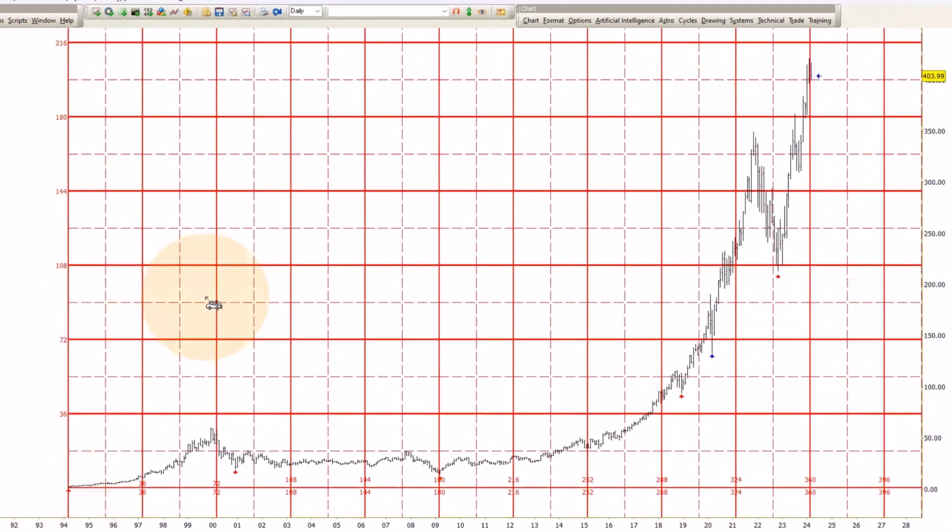Yeah. So let's go to the very beginning. If we go back to 94, which is kind of where my lowest low is and my data ends, that gives you 360 months. So we had 360 months. For anybody doing Gann, that's like the ultimate number, and here we are. It's something to watch, because anytime you get a 360 from a low, it's a big deal. And that's three 10-year cycles essentially. I mean, no matter what, it's a big deal.